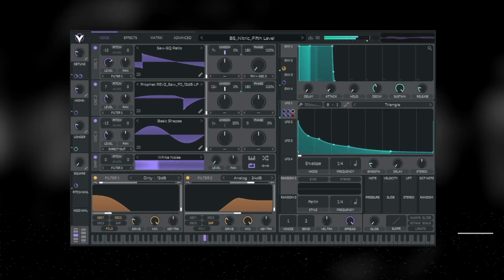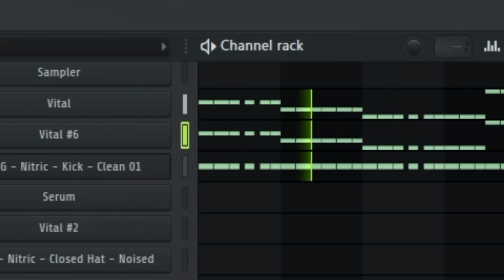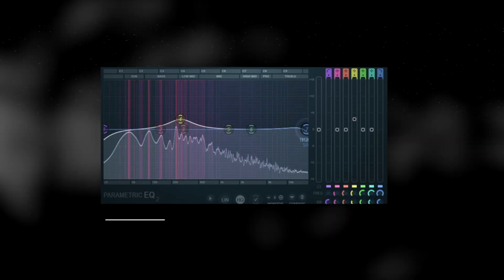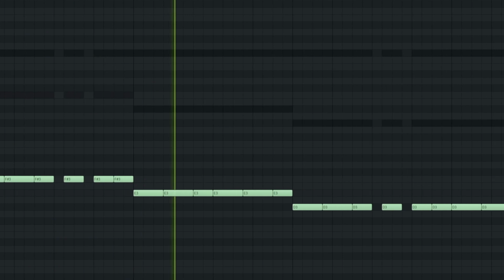So let's get our bass layers going. We have our main bass. We have a bass from Famous. And a kick sample for a little bit more of that mid-range punch. So I put those into a bus, filtered out the high end, and made a rhythm using the same bass line from the verse.